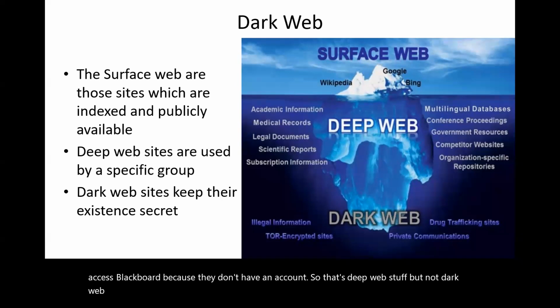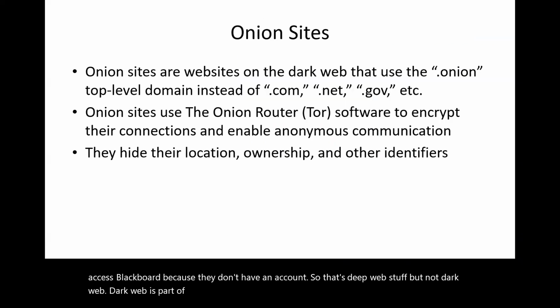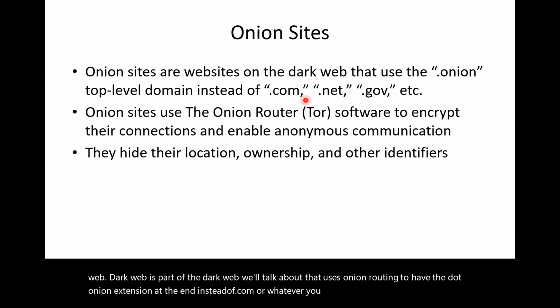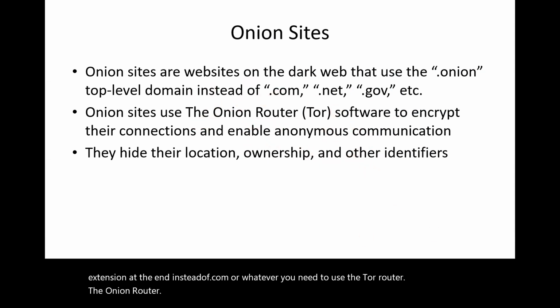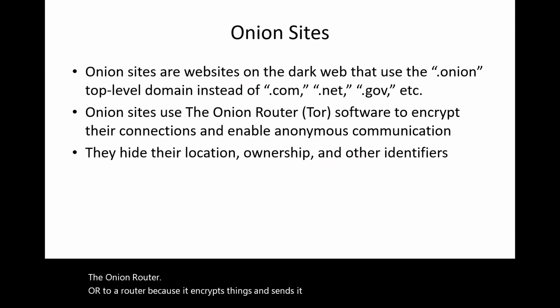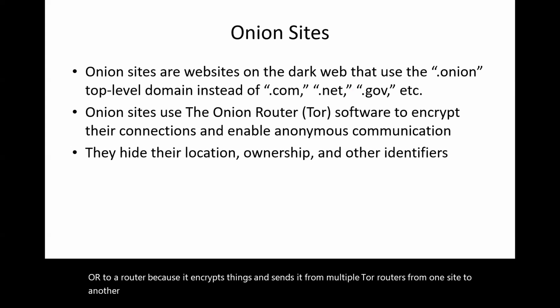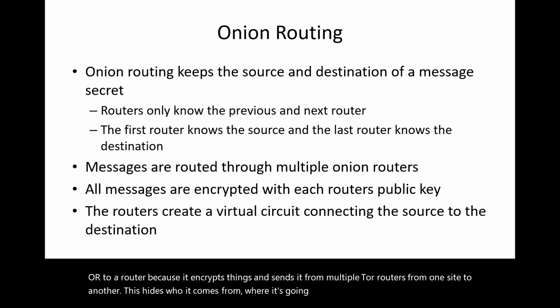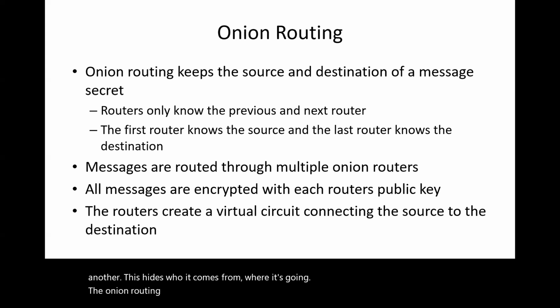The dark web uses onion routing. They have the .onion extension at the end instead of .com or whatever. You need to use the Tor router, the onion router, because it encrypts things and sends them through multiple Tor routers from one site to another. This hides where it comes from and where it's going. The onion routing,